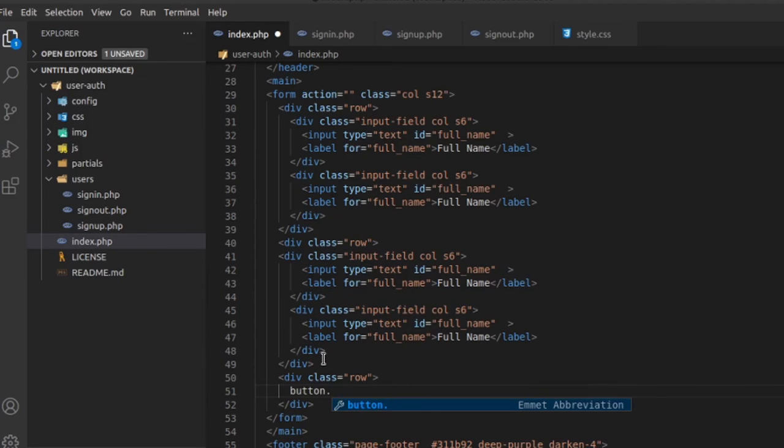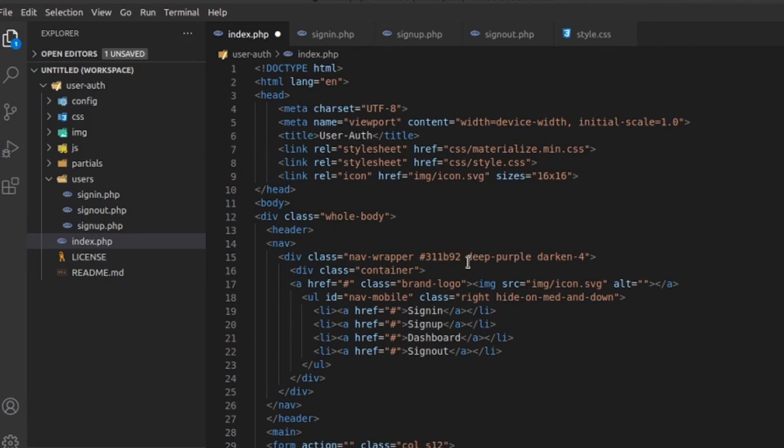Button, class name will be btn waves-effect, and make sure the color is this color. Okay, let's set the color manually. Actually, we can copy from the top.